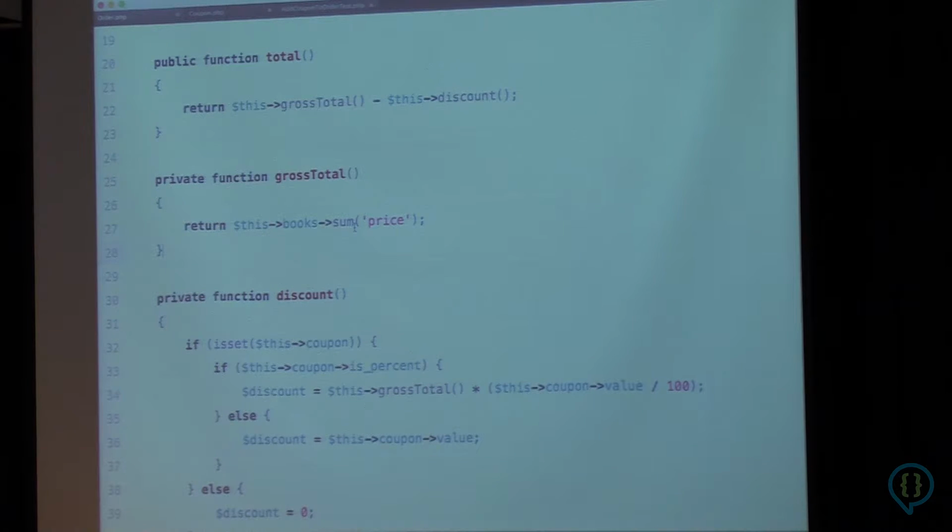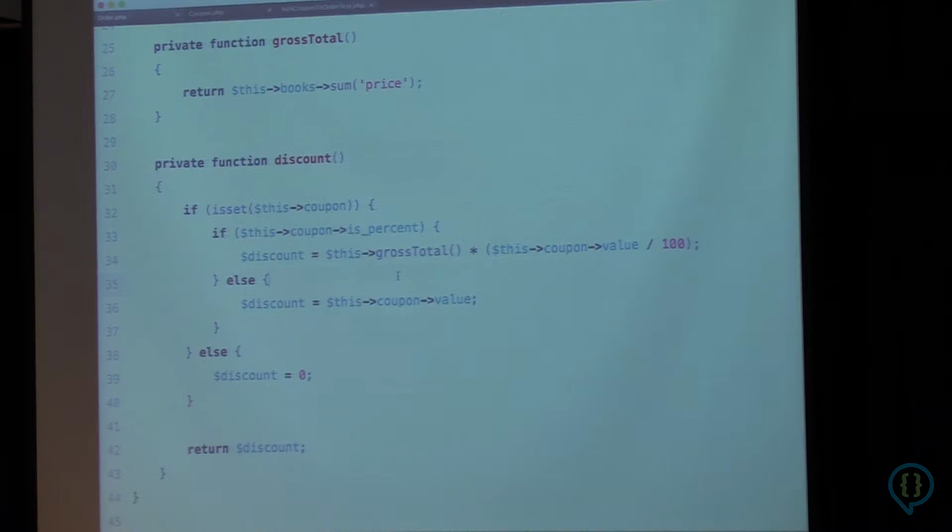And to me, this is much more expressive and much more communicative of what we're actually trying to do. Instead of having to look at this loop and parse out why I have this loop, what am I trying to do in this loop, what is the actual goal that I'm trying to accomplish, we can express that in what I think is a much more intention-revealing way using some of these functional programming ideas. So that's a big win in that case.